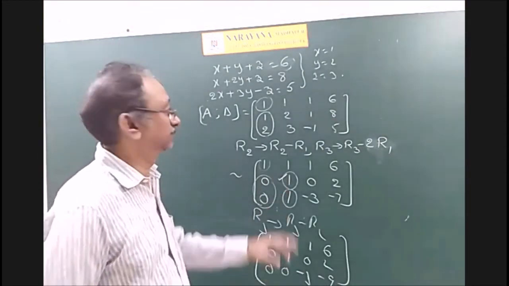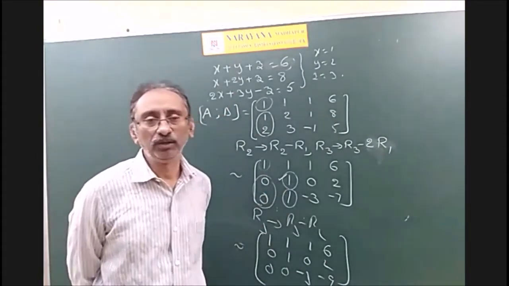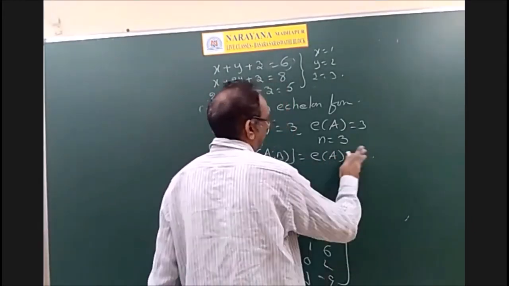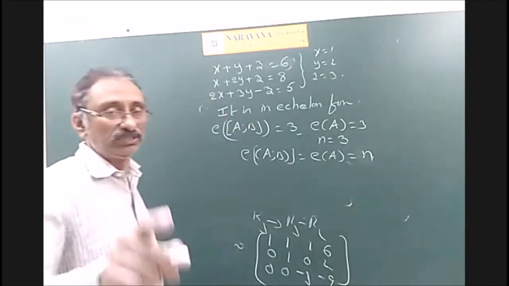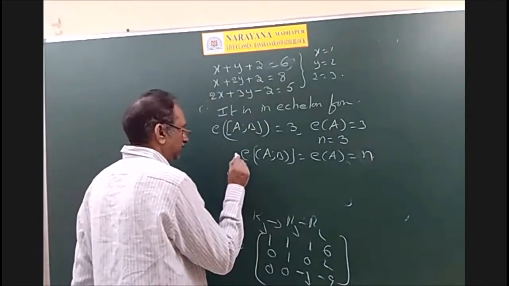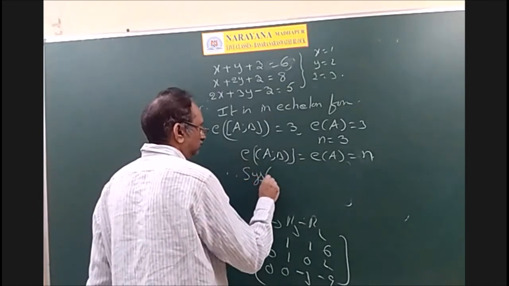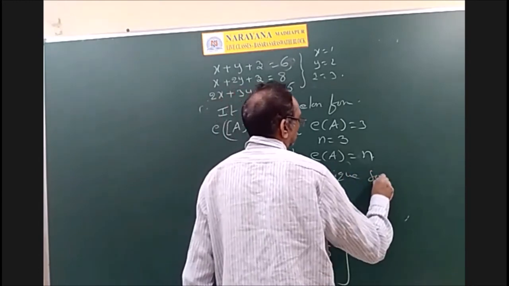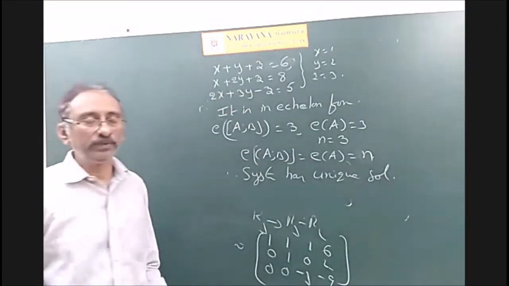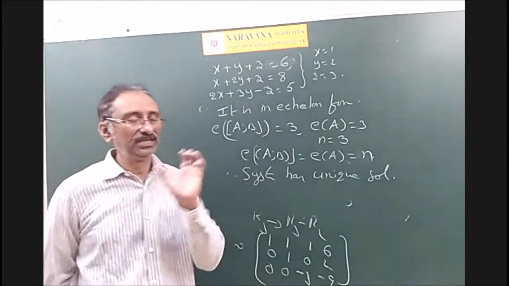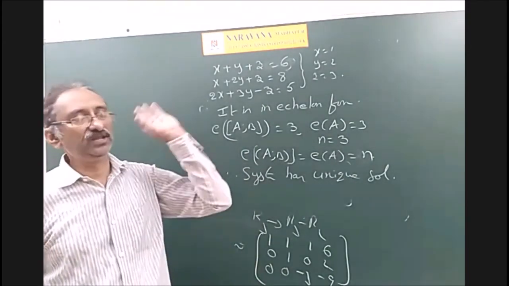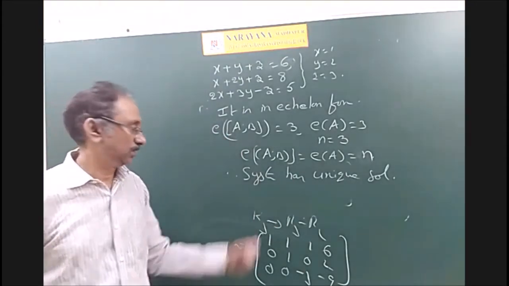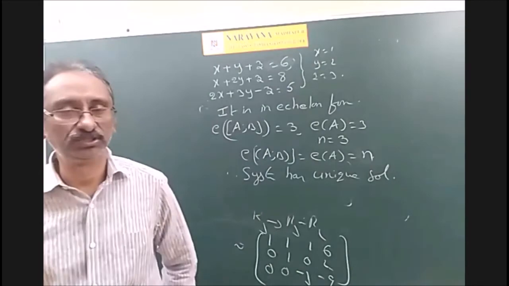We will write that in the next step. Write down the steps first. Rank of A is equal to rank of AB, equal to the number of variables. So in the previous steps we have written. Therefore, the system will have a unique solution. It's over. In so many problems, the options will be like this only. The system will have a unique solution. The system will have 2 solutions. The system will have infinitely many solutions. The system has no solution. The answer is: the system has a unique solution.